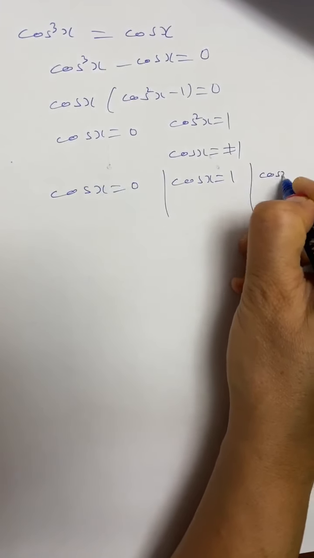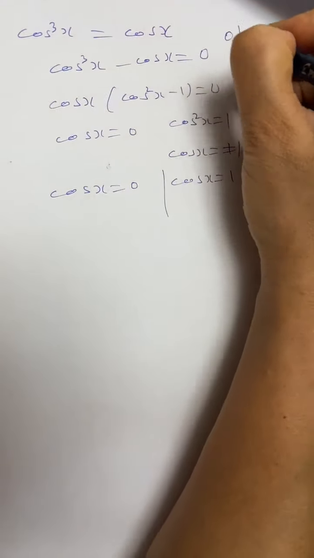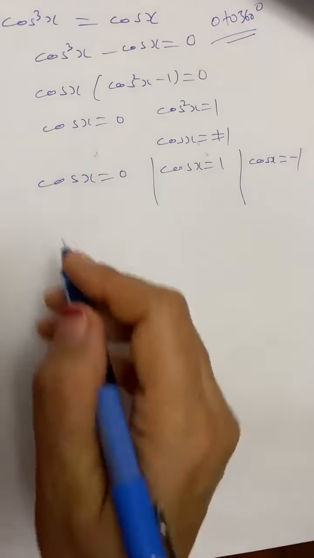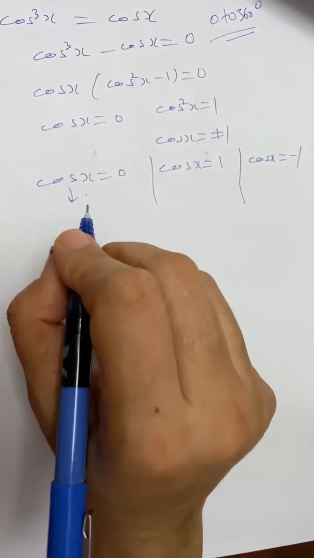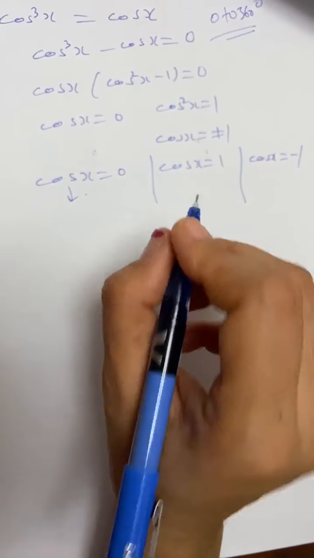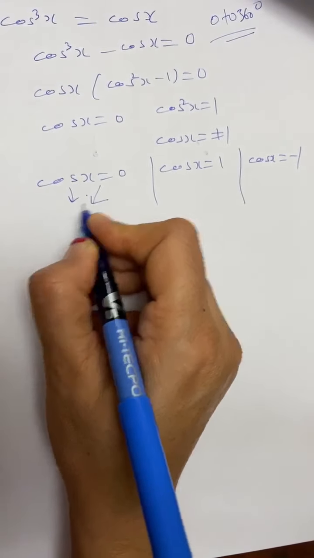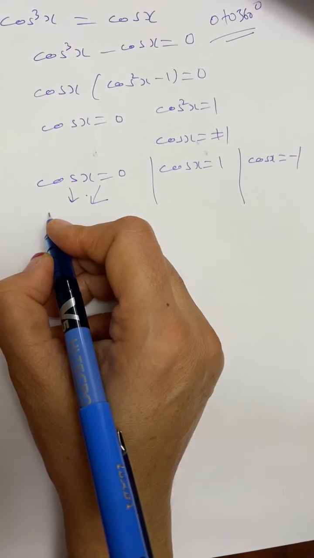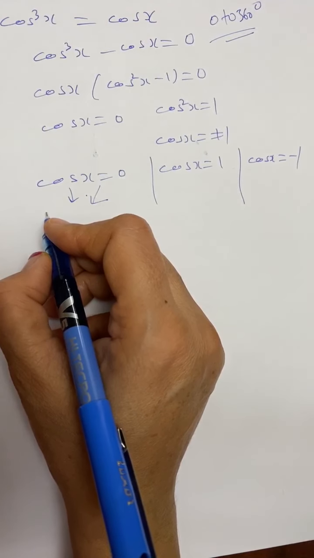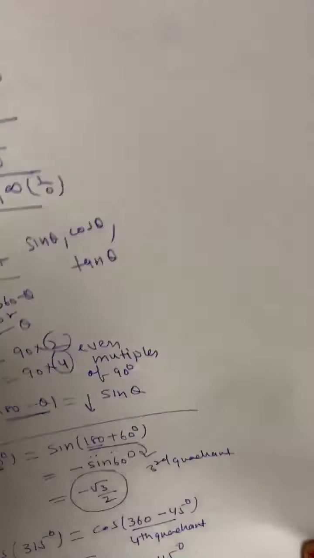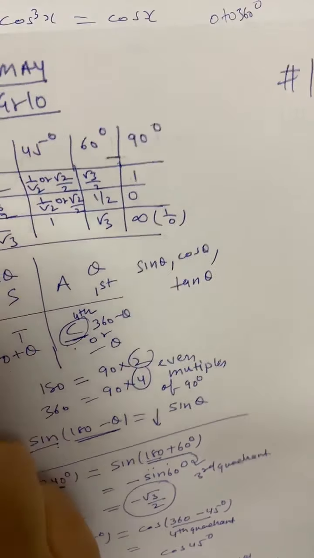So cos x is 0, cos x is 1, and cos x is -1. Again, the domain is 0 to 360 degree, but they can ask you other domains as well. So cos x is equal to 0. When is cos 0, and when cos x is 1, and when cos x is -1. Now again, the table would be nice, you need to memorize the table. If you memorize the table, it's easier. So when you look at cos x is 1, no, we are looking for cos x is 0, it is 90 degree.